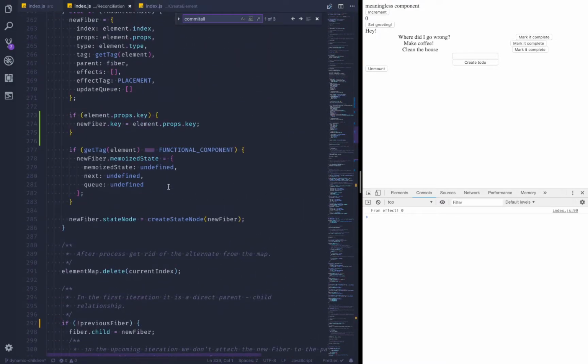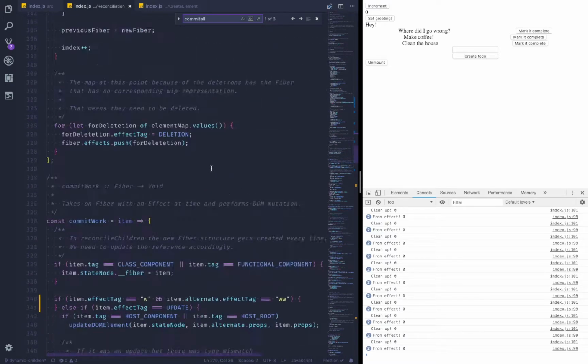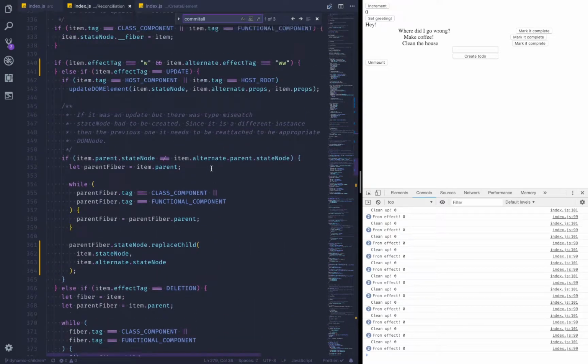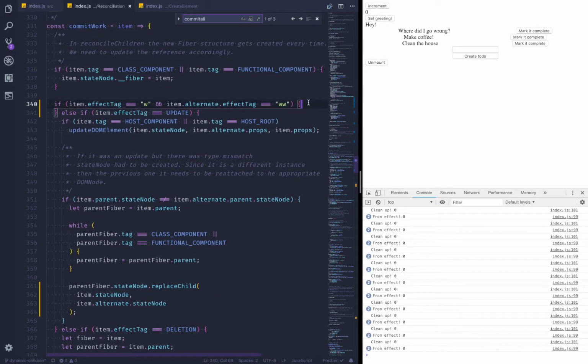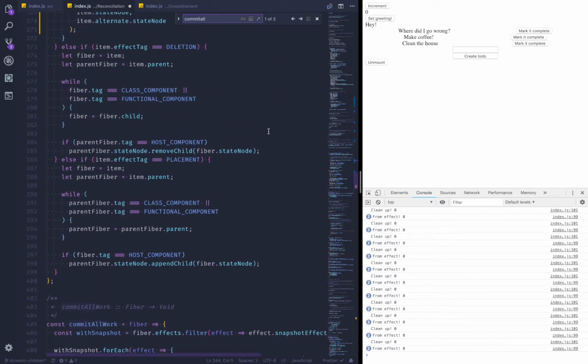At the moment it does nothing, and it does nothing now because we have nothing here, so we actually have to populate it with